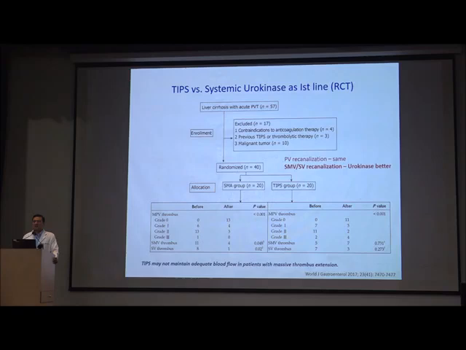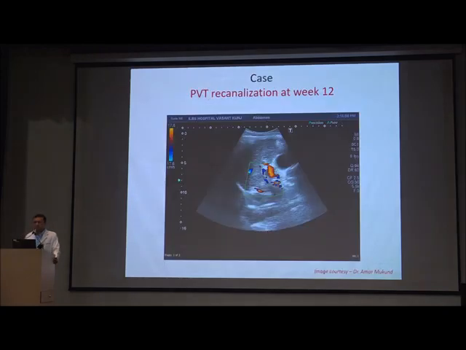What they did was initially give systemic urokinase therapy through the SMA route, and then it loosened up the clots, and after that TIPS is done, then it may achieve a better recanalization rate. So generally, if SMV and splenic vein recanalization is to be better achieved, a combination of urokinase plus TIPS is used. So in our patient, the portal vein recanalization, as shown in this ultrasound Doppler, was achieved